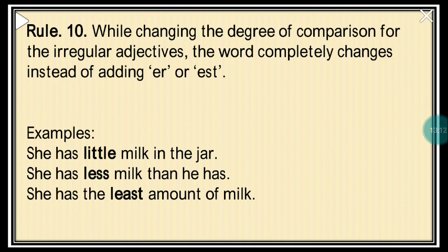Late is latter, that means in position. When you talk of later, this is with reference to time. But when you say latter, it means the position. Latter and last. This girl is standing last in the line. Then old, older, oldest, and old also changes to elder and eldest. Older and oldest are used in terms of age, and elder and eldest in a family. Suppose there are two or three siblings, then she is elder than me and she is the eldest.